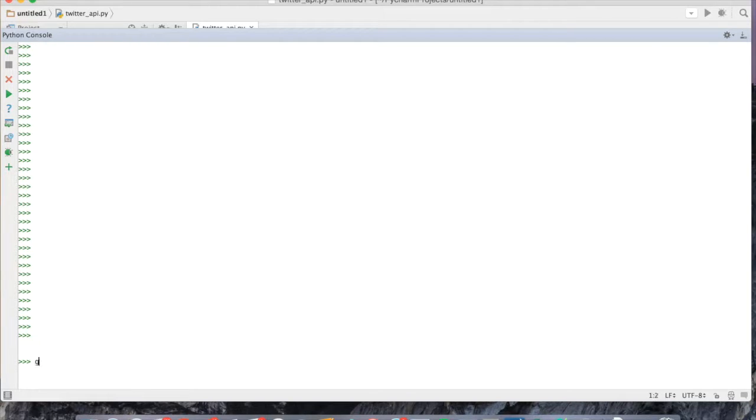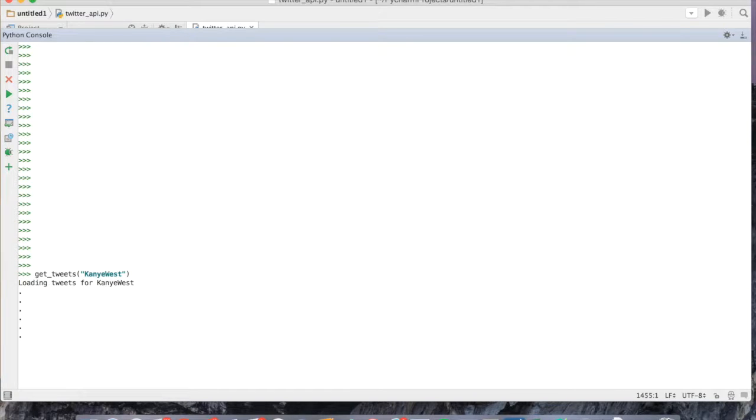Basically, me and a friend created a program that allows us to get all the tweets of any public user. So, for example, let's do Kanye. The function is get tweets, and then we put in their Twitter handle, which is Kanye West, of course. Then it starts to get their tweets.